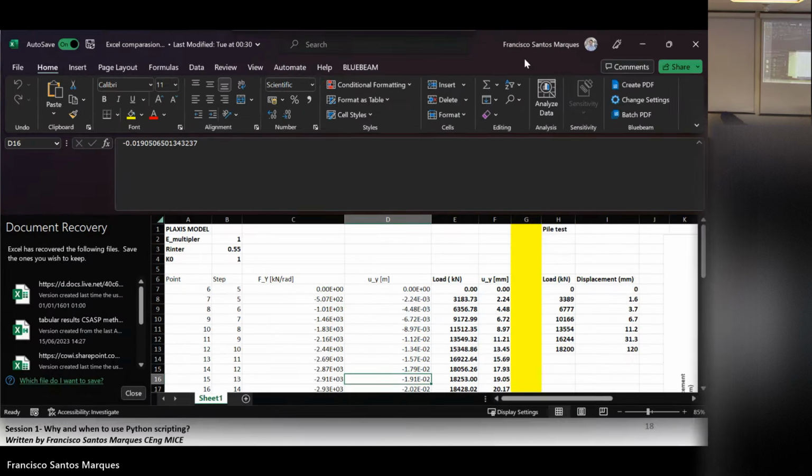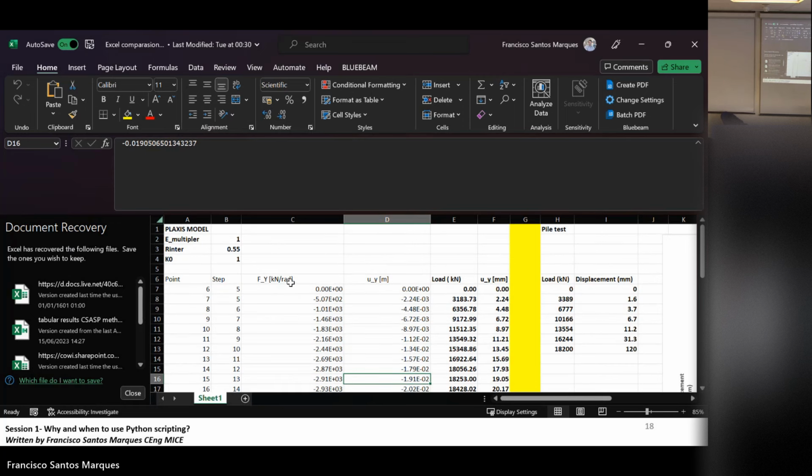Okay. So in this scenario, I will just copy and paste that information that was on the table into the Excel. Here, these are the results from Plaxis. Then I still have to convert these kilonewton radians to kilonewtons, convert this to millimeters, and then I have here the pile test data.